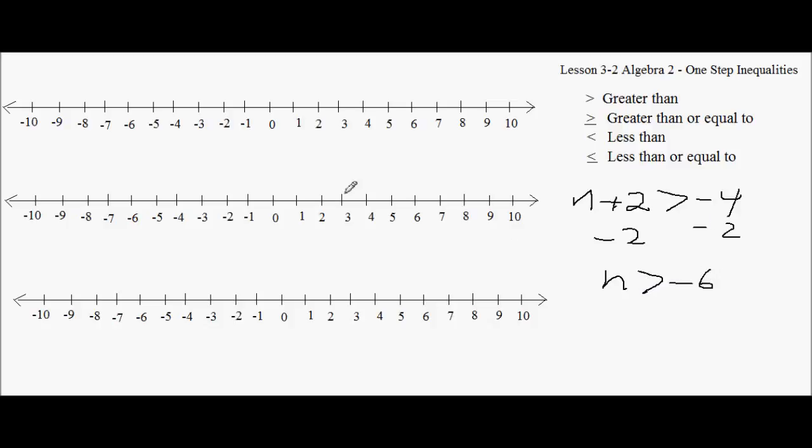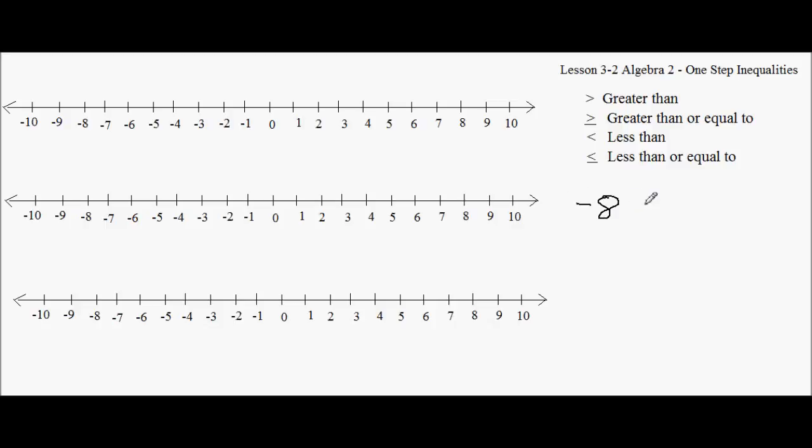Then I would circle the negative 6, and I'd say all the numbers greater than negative 6, and go that way. Notice the arrow points in the same direction as the inequality arrow. I'm going to do another one. Let's do the opposite side. So let's go